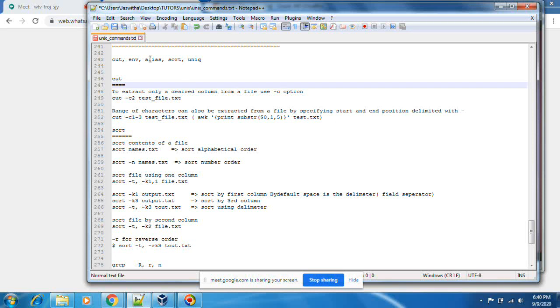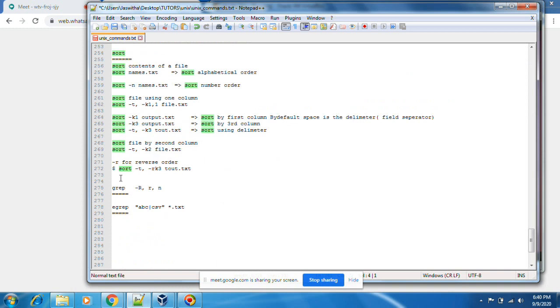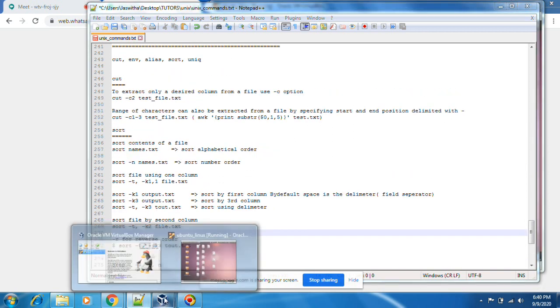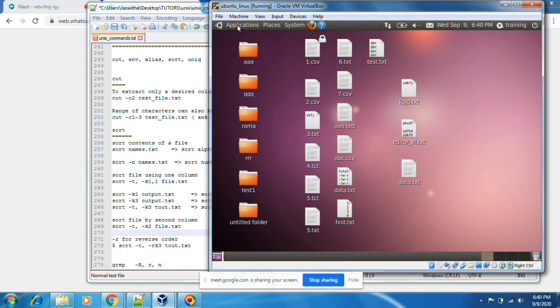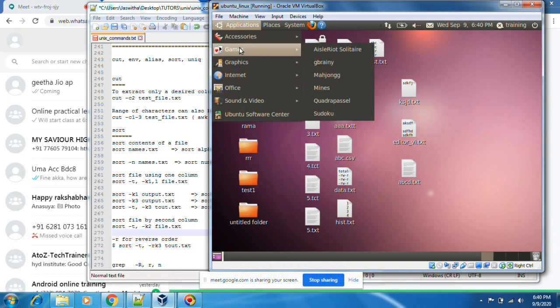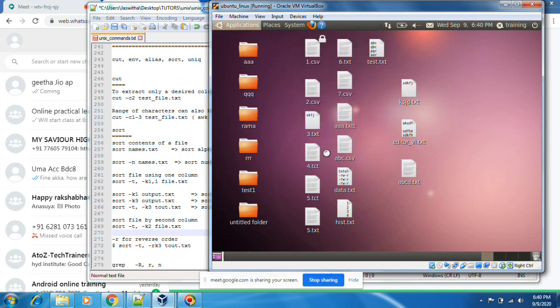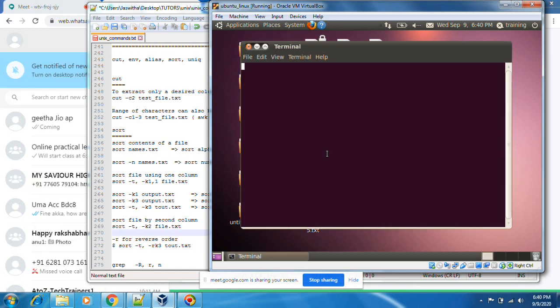We're discussing in detail the cut and sort commands, and we'll have some idea on grep. Let's open the terminal: Applications, Accessories, Terminal. I'm going to the desktop.